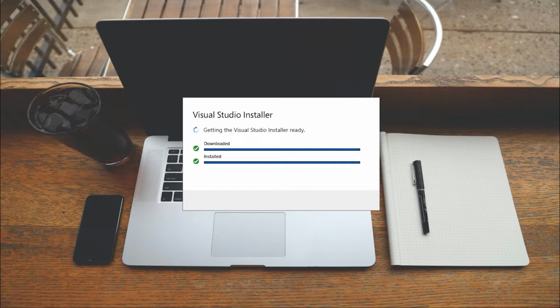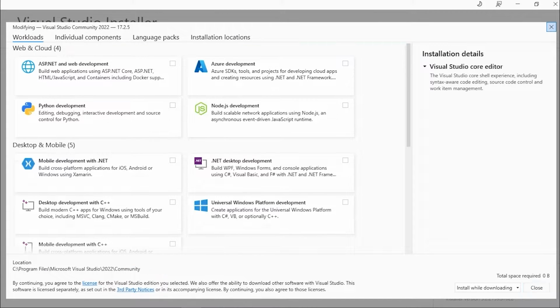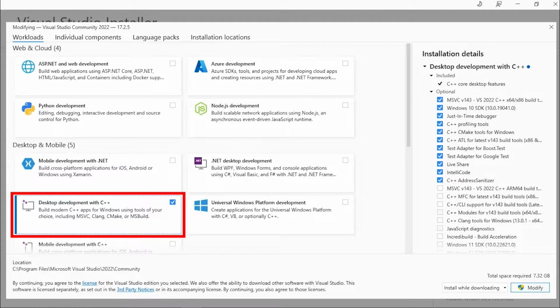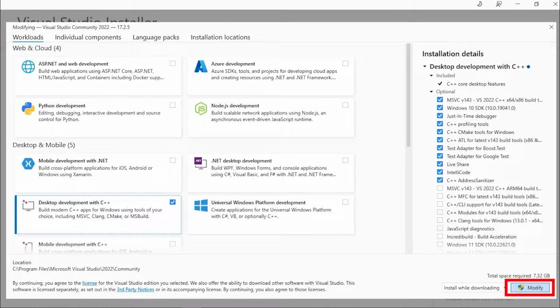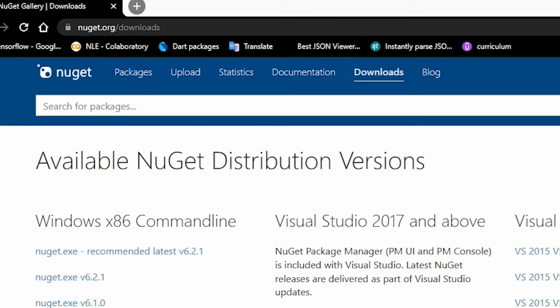It's gonna take a second. Now select the desktop development with C++ and click on modify/install. It's gonna take a while to install, so relax a bit. While it's installing, go to the link